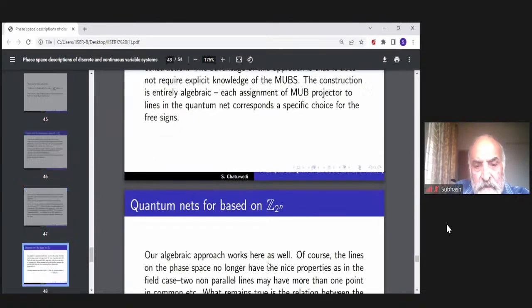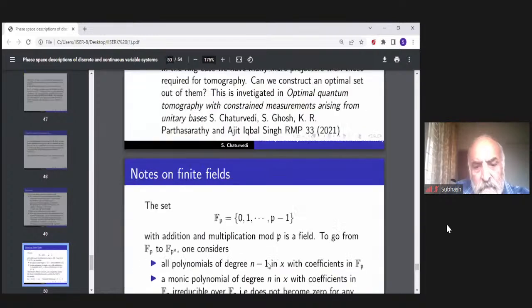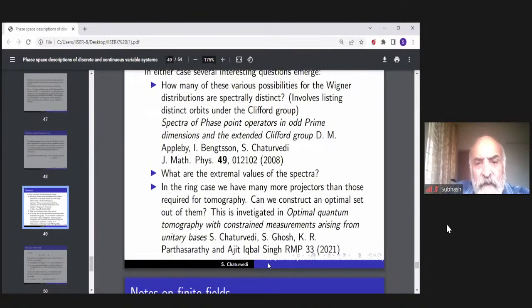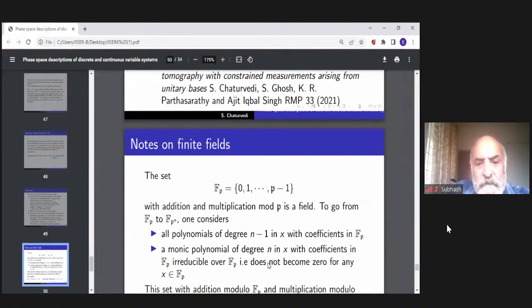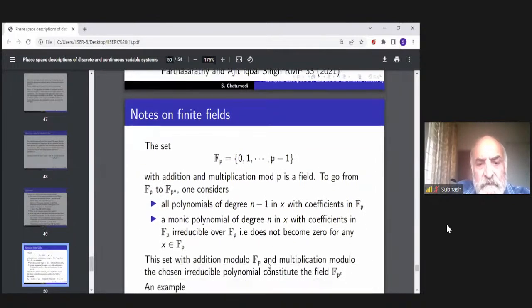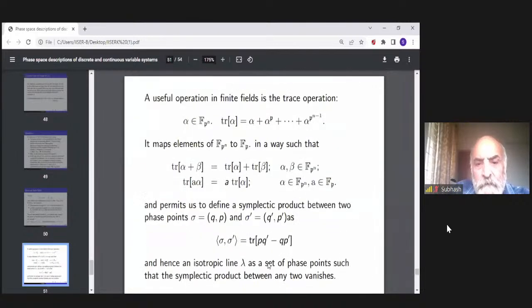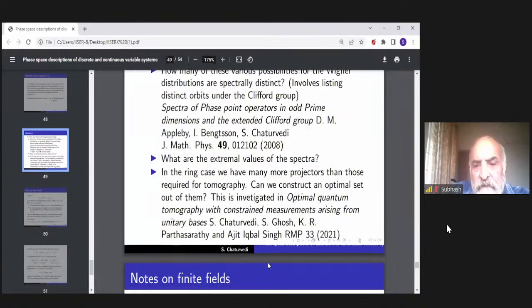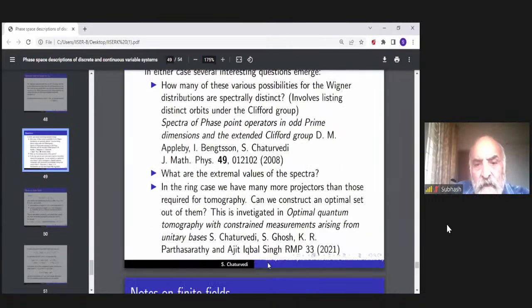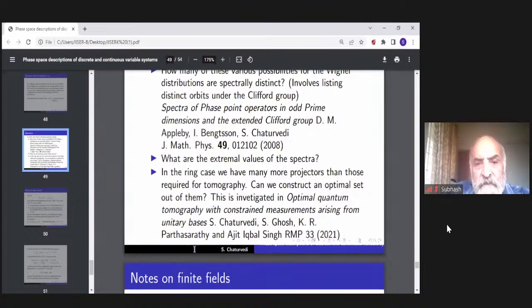So I think with that, I will come to an end. I have also included, for those of you who are not familiar with finite free fields, some elementary notes on finite free fields, the way I learned them, and there's some further work on